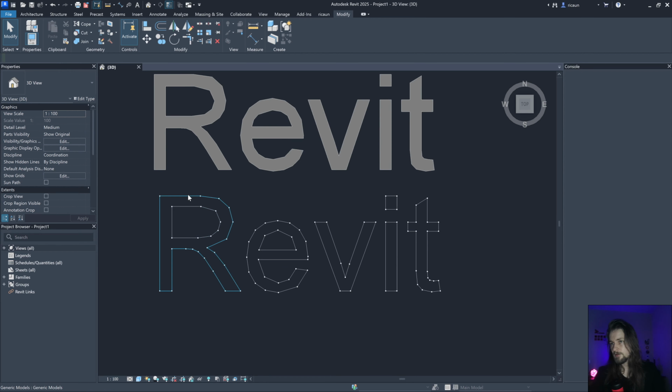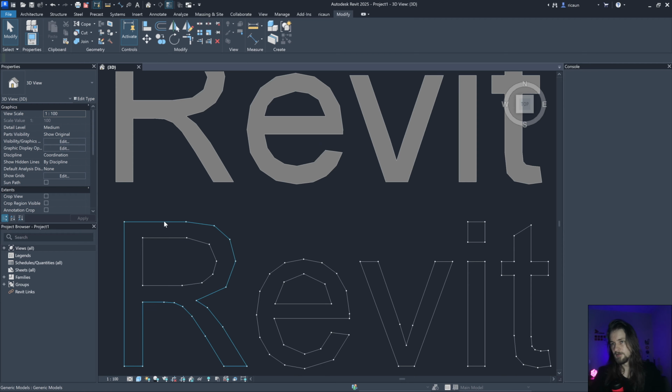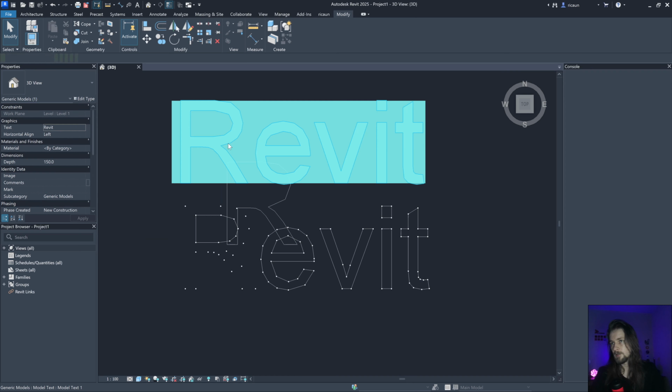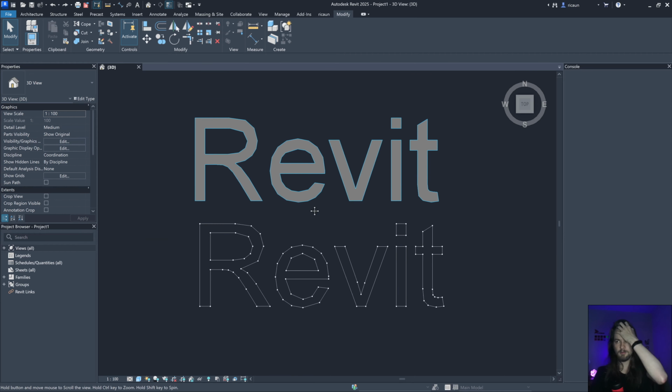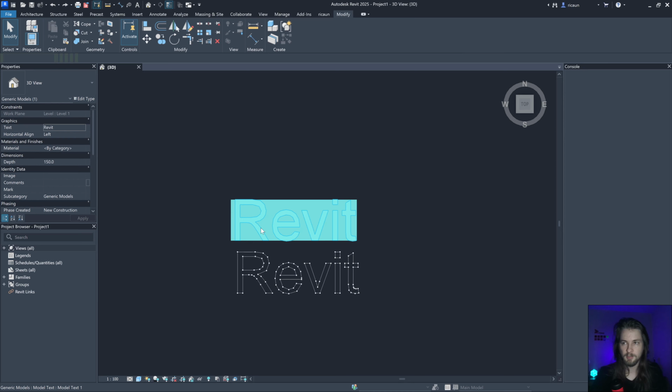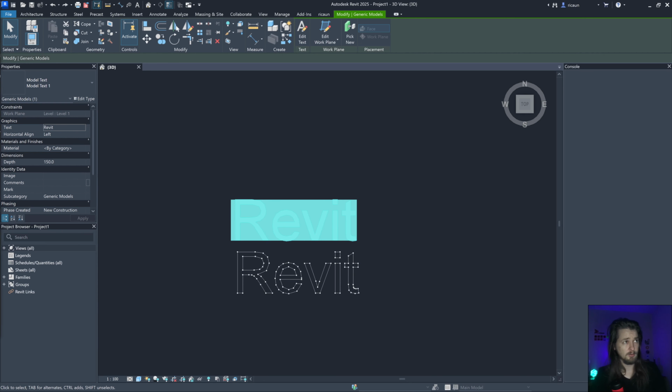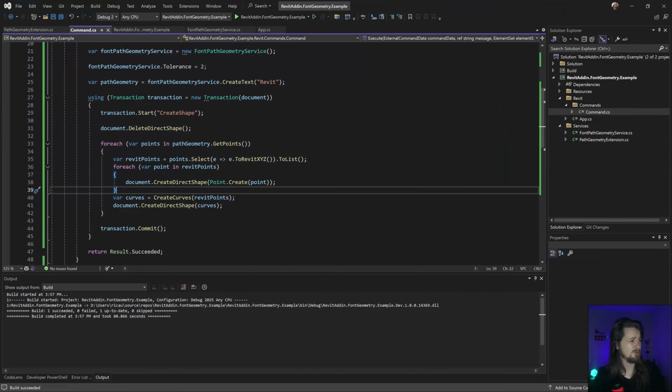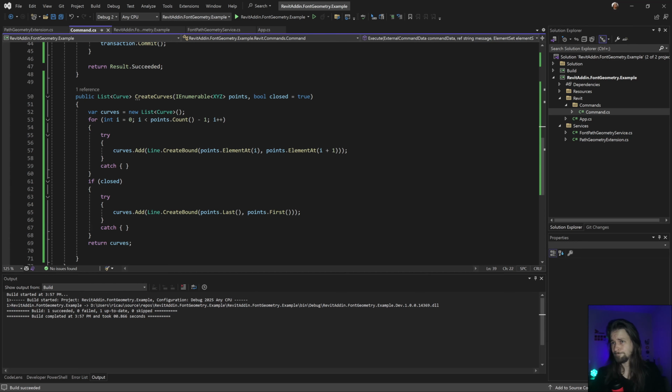So now how can I convert these paths to a shape like this one? So after we can convert that to render inside Revit without creating a shape, or if you want to create a shape, you can do that as well. So with that, we need to use, let's see.